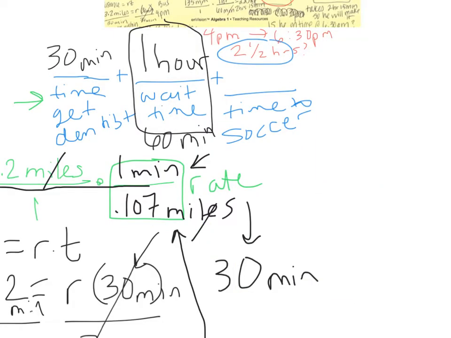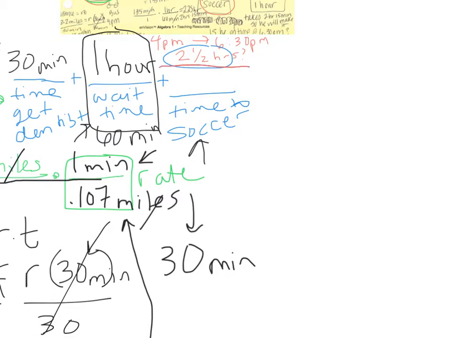So this is the hardest problem on the whole thing. So the time to get to the dentist was 30 minutes. We waited for 1 hour or 60 minutes. Now we need to see the time that it took to get to soccer. So to figure out the time to get to soccer,